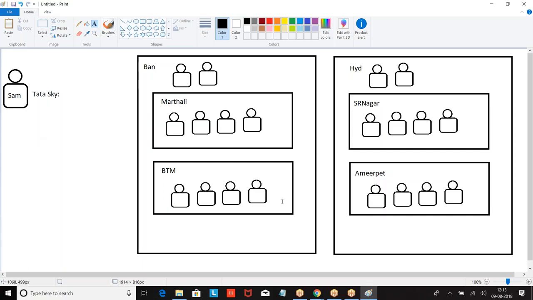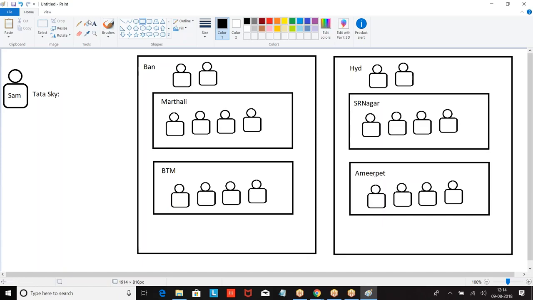Now this team will be able to see all the requests in Amirpet. The team members will say, I will handle this case, I will not handle this case. They will distribute it. Now the complete Hyderabad team will be able to see the entire data, all the customers. These are the heads of all the zones in Hyderabad, they will take it. The people who are in the region of Amirpet will only see the data of Amirpet customers.